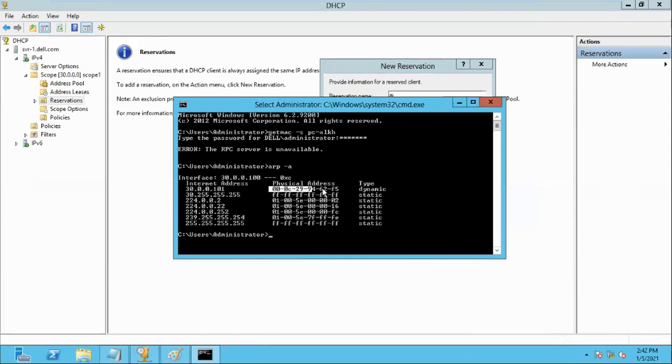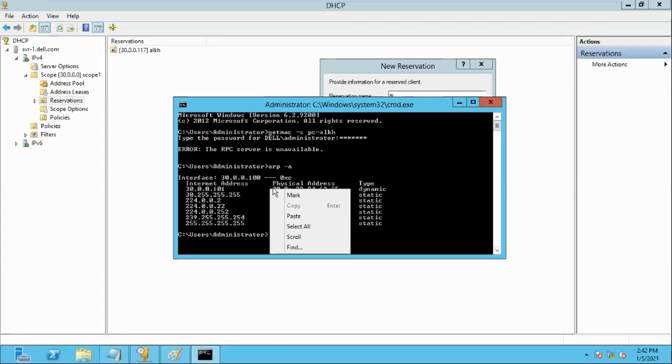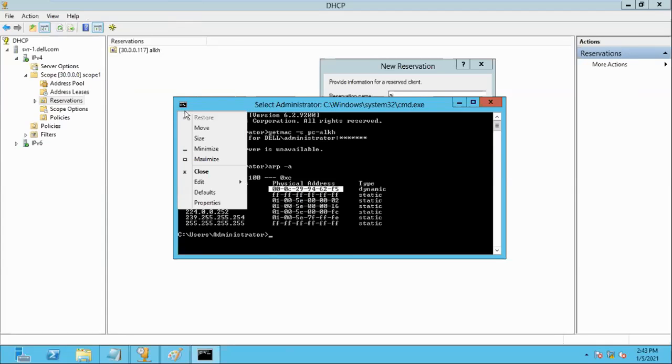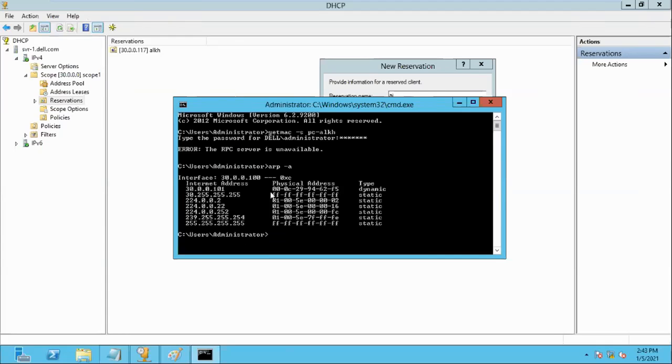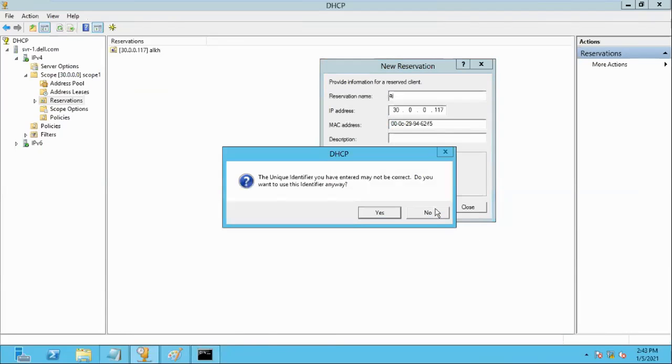Yes. The unique identifier you have entered may not be correct. An error occurred while accessing the level.